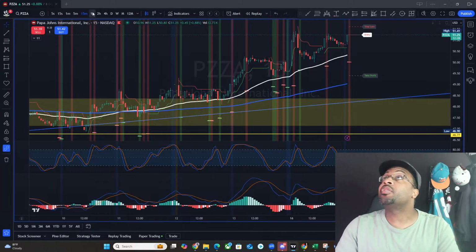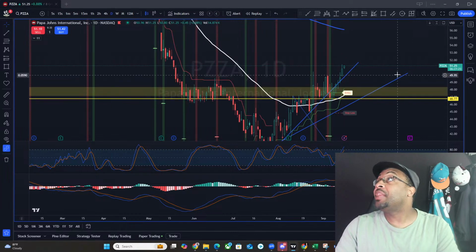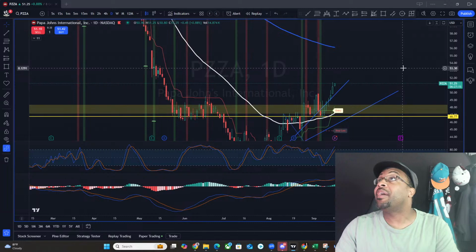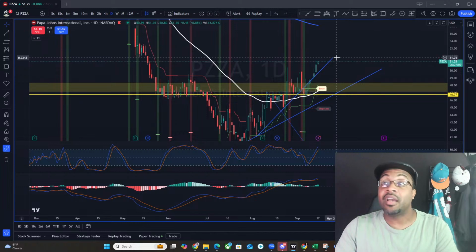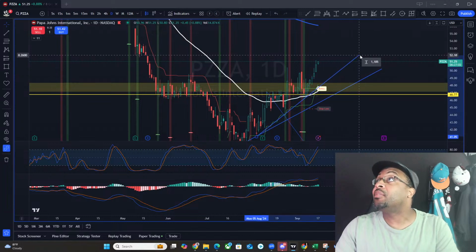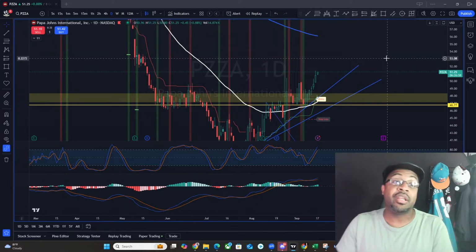So I've been sitting on this thing for a little minute. I'm very curious on what it does overall. The level that it struggled with was around this order block here, and we just popped right above it. We got a nice little gap, and it looks like we're going for some of this fair value gap. So it's probably going to top out roughly here. Now that it made a new high, what did I tell y'all in my trading class, folks? When it makes new highs, find the higher low that made that high, and this is the higher low that created that high. So we're going to readjust that, and that is the trend that I wanted to follow.